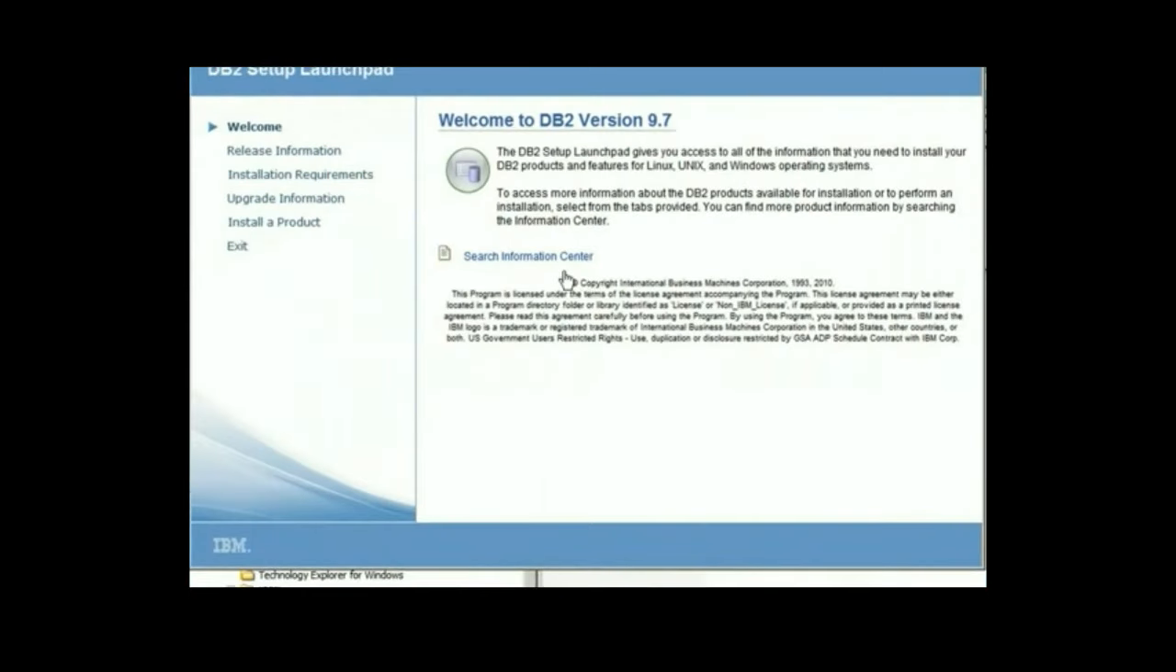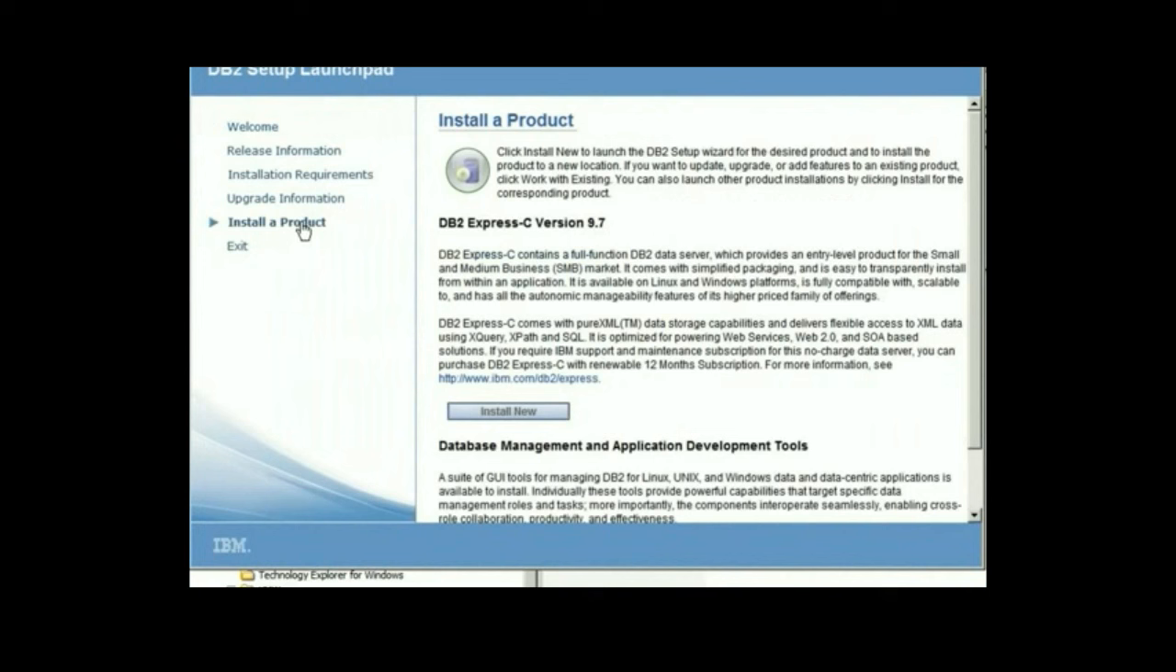It takes a few seconds for the DB2 Setup Launchpad to start. Now click on Install a Product. If this is your first DB2 installation, you will only see a button that says Install New. If you had installed the DB2 product before, you will also see one more button called Work with Existing. This is because DB2 allows you to have multiple installations or copies of the product on one machine. Let's click on Install New,